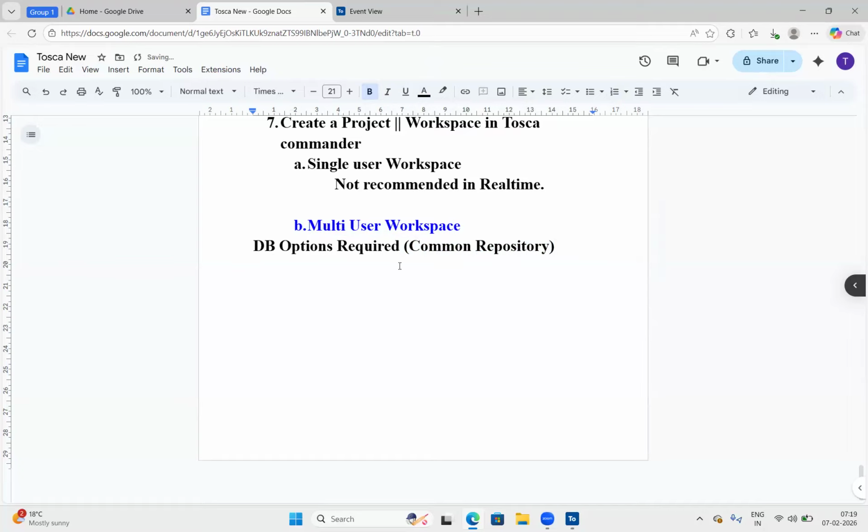So from the Tosca point of view, we are using a database option, team. We cannot go with GitHub or Bitbucket. We cannot use those repositories. By default, Tosca itself provides some database options. One database option is SQLite,